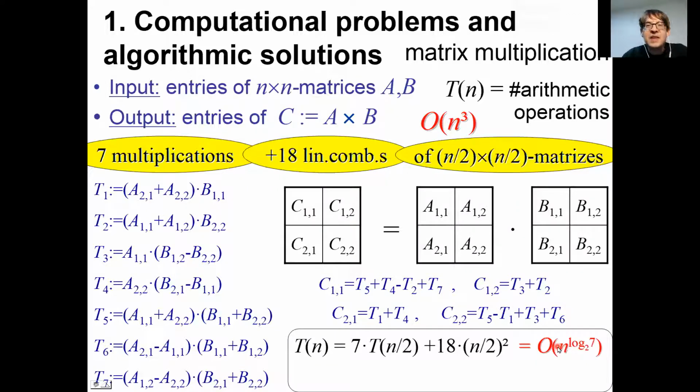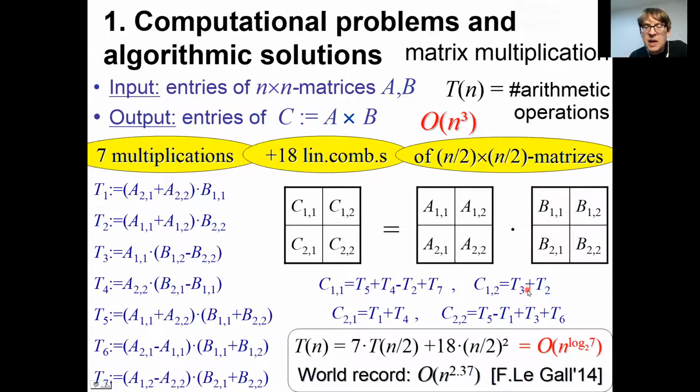The question is valid, but I don't want to go into detail here and leave it to you to do the counting. Thank you. The message here is that, yes, this historically was the starting point of a sequence of better and better algorithms, of a sequence of improvements. And the current world record is held by François Le Gall at Kyoto University from 2013 with a running time of n to the 2.37 and several more digits. So each better algorithm historically gave a little bit of improvement, an epsilon improvement, and less digits,